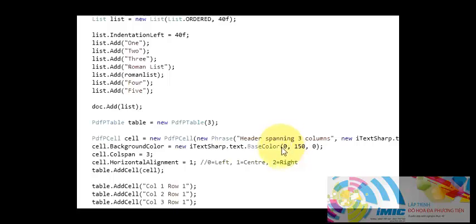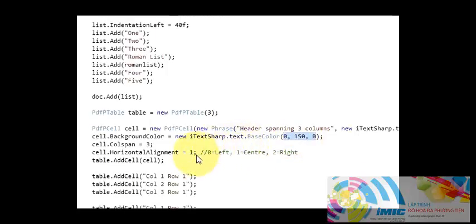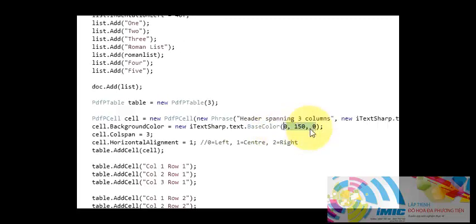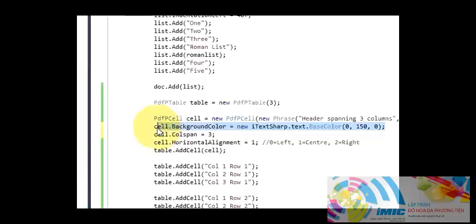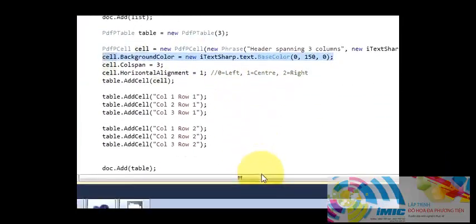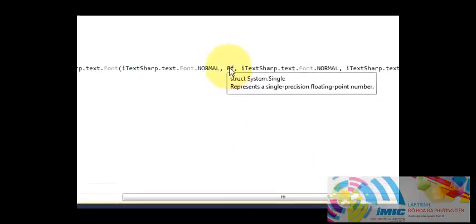So if you know the RGB codes, then you know what these three columns mean. So this is just one color from the RGB code. You can just Google RGB and you will be able to find the color of your choice. Okay, so write this to change the background color of your cell,